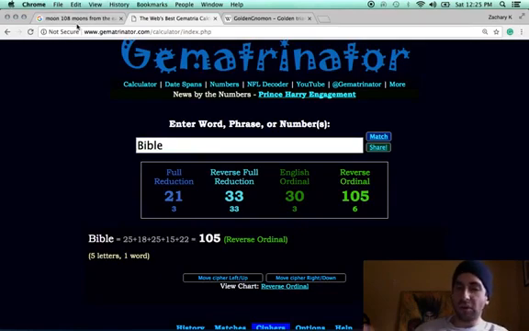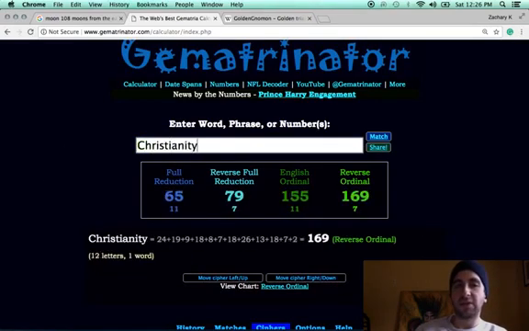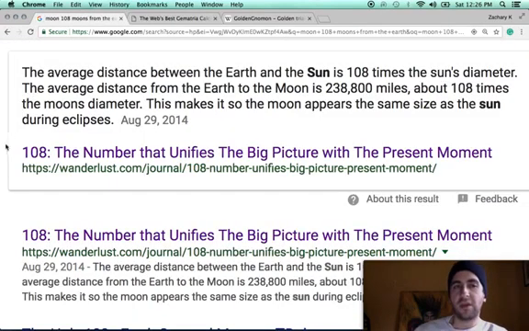This whole code was secured by the Knights Templar and brought back to the Catholic Church at the end of the Crusades. And for the record, Knights Templar, 65, just like Christianity, 65. See? But just right here, show people what's up with 108. The distance, the diameter, the language. To think that that's all coincidence,